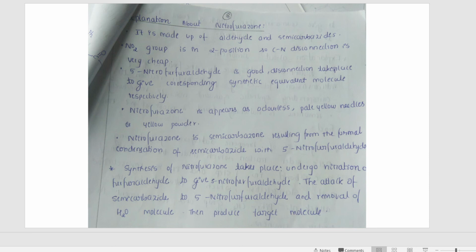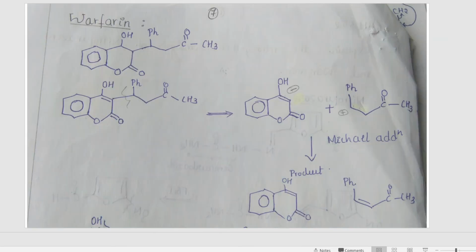So we'll move on to the next molecule, the warfarin molecule. We are studying about warfarin next. This is the structure of the warfarin molecule. How to synthesize warfarin? Let us start by disconnecting the molecule. So here to disconnect, this is a proper position. We can disconnect over here.